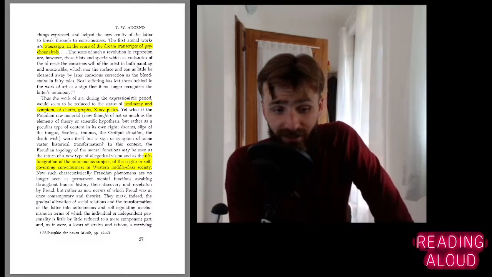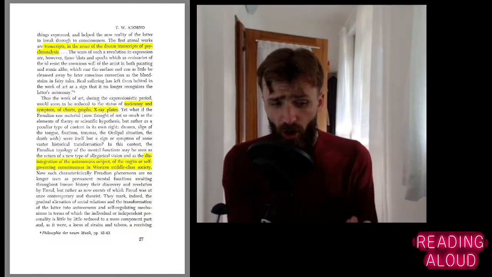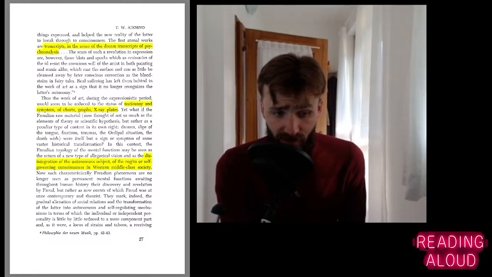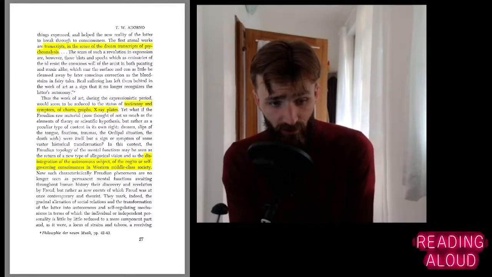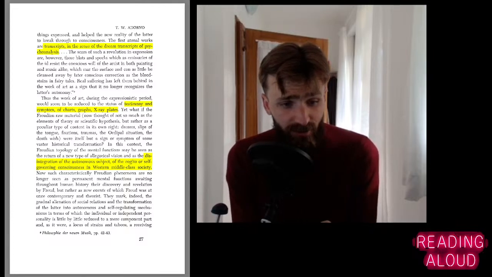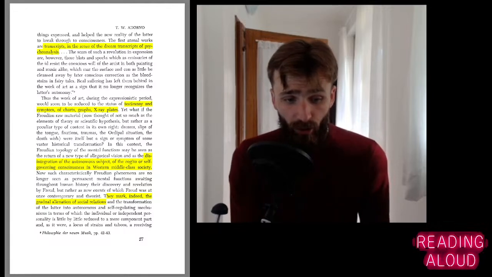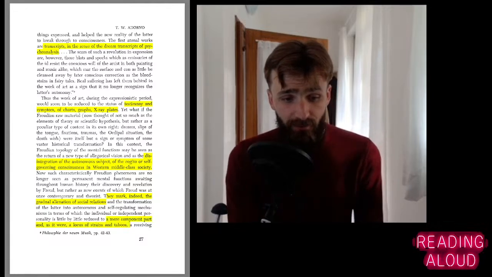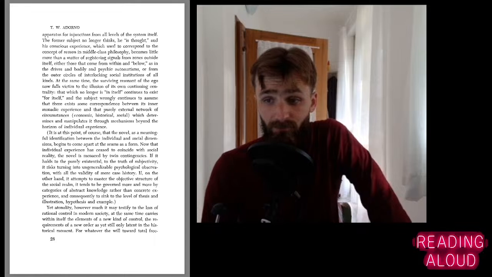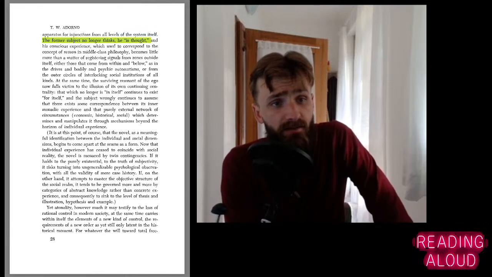They mark indeed the gradual alienation of social relations and the transformation of the latter, social relations, into autonomous and self-regulating mechanisms, in terms of which the individual or independent personality is little by little reduced to a mere component part and, as it were, a locus of strains and taboos, a receiving apparatus for injunctions from all levels of the system itself. The former subject no longer thinks, he is thought, and his conscious experience, which used to correspond